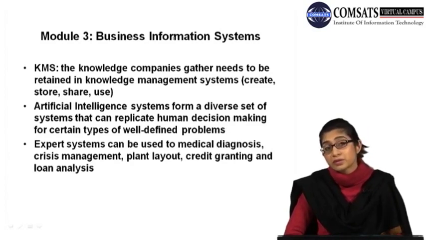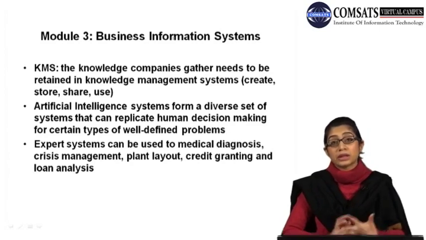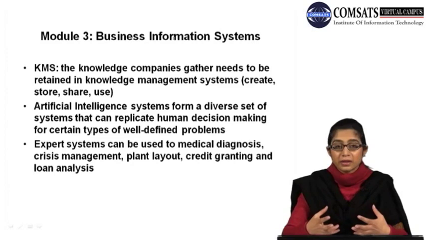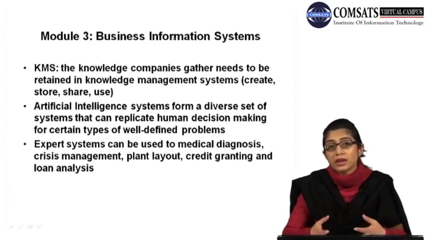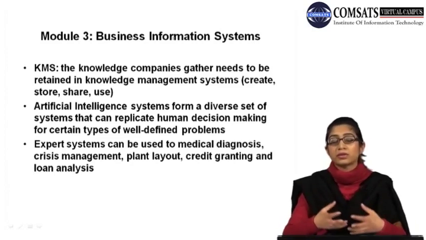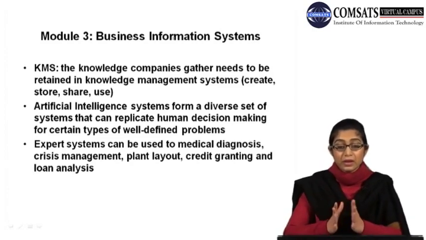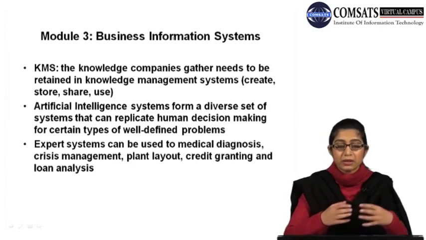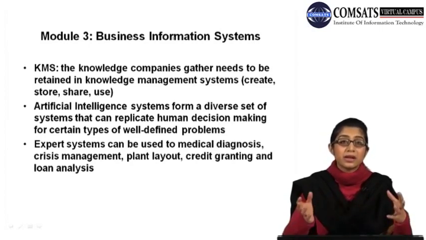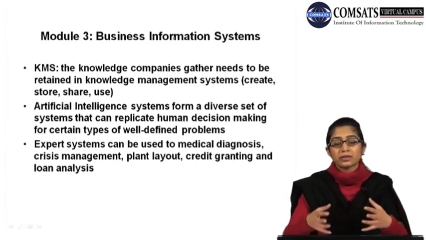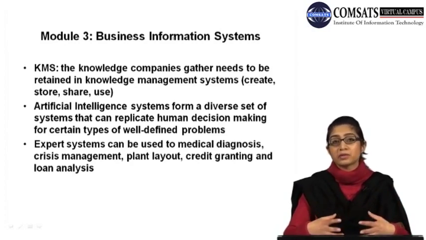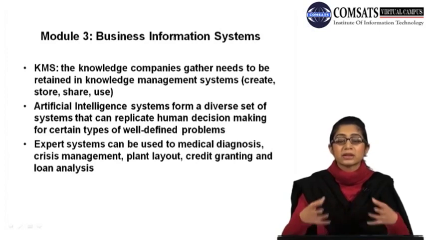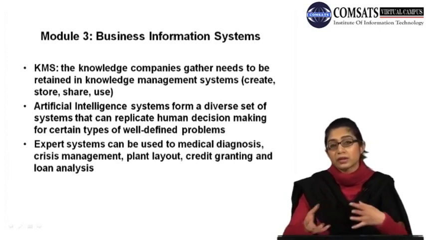And what do these systems do? They were basically doing four things: creating, storing, sharing, and providing opportunities to utilize the knowledge that was being stored or created. So again, these were very important aspects of the knowledge management system, that creating, storing, sharing, using, and then we went into the detail of this topic कि जो knowledge management systems हैं या organizations जो हैं वो इस system को use करके किस तरह acquire कर रही हैं, किस तरह store कर रही हैं या use कर रही हैं